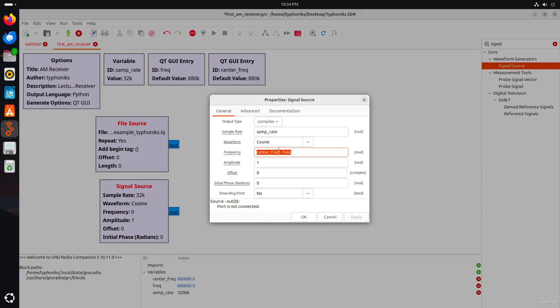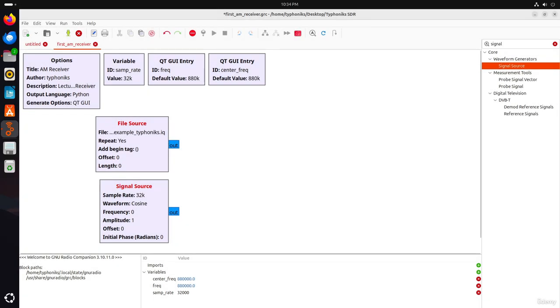In this case, the frequency of the signal source is determined dynamically by subtracting the value of the block with the ID frag from the value of the block with ID centerFrag. After clicking OK, you will return to the workspace. Notice something interesting. The block no longer displays the mathematical expression you entered,